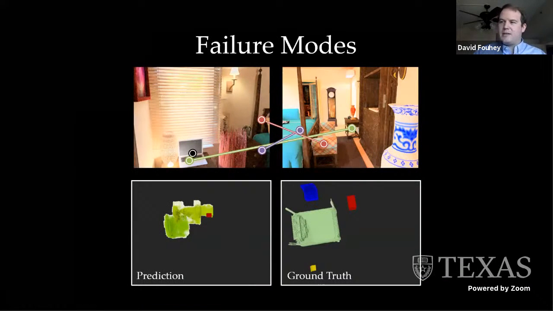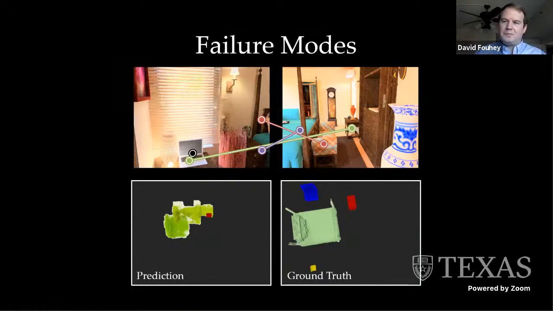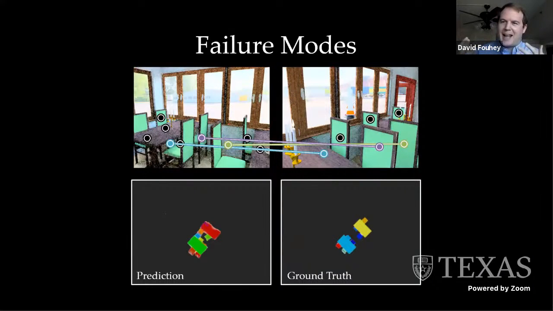So sometimes the pairs that we get are very hard. So this one, I don't even know what I would do here. And so certainly there are failure modes like this, where if the reconstructions are bad or the scenes are challenging, it's not going to work. I showed you a lot of nice results, but there's plenty of room for growth in this area. But there are other failure modes that got asked about earlier as well,